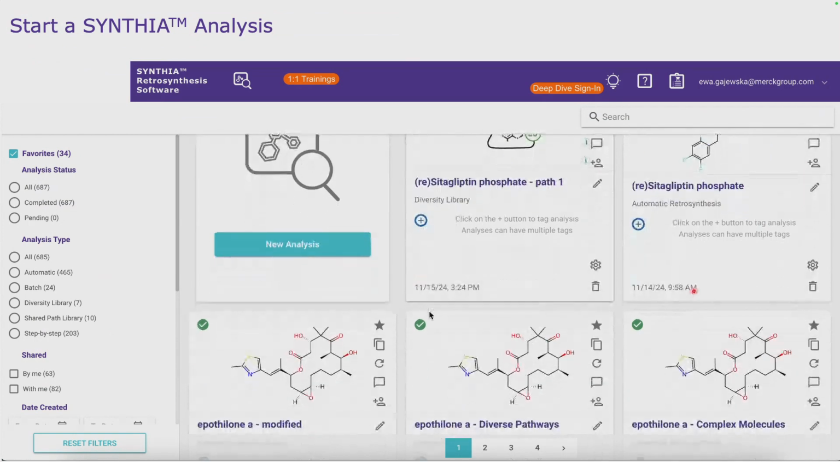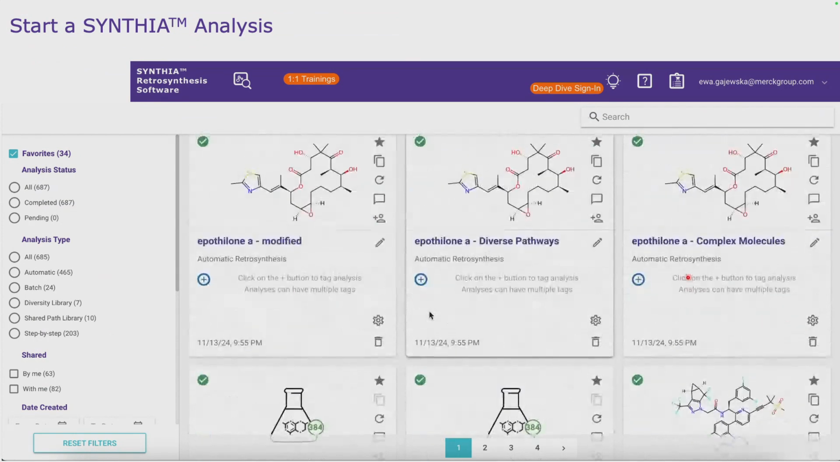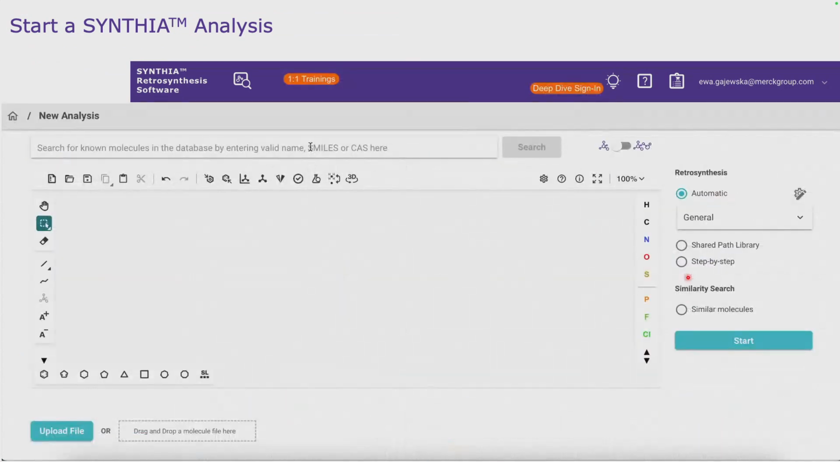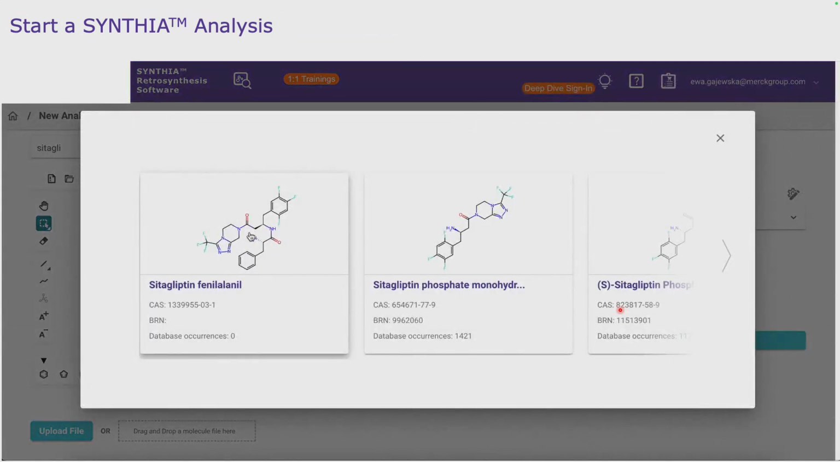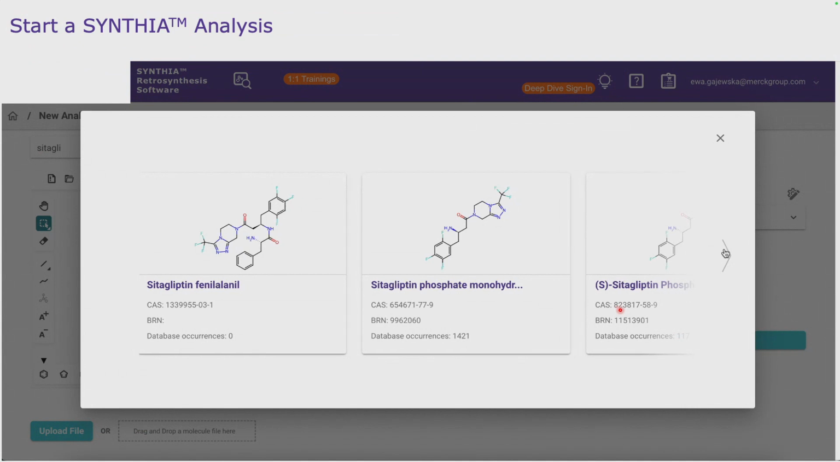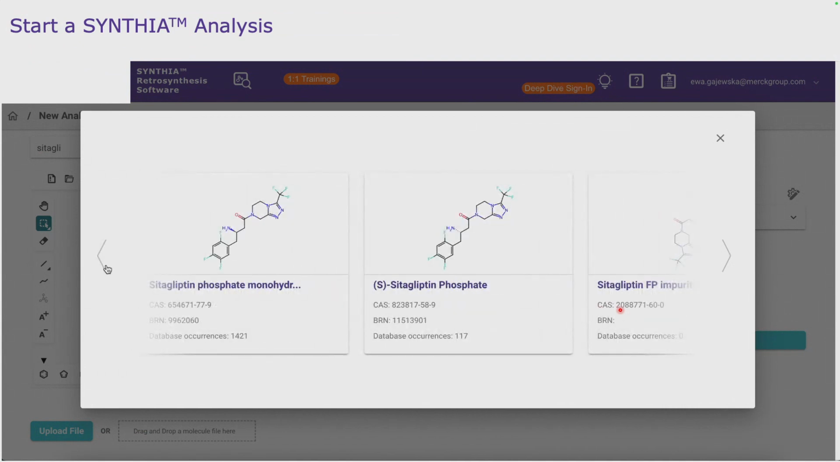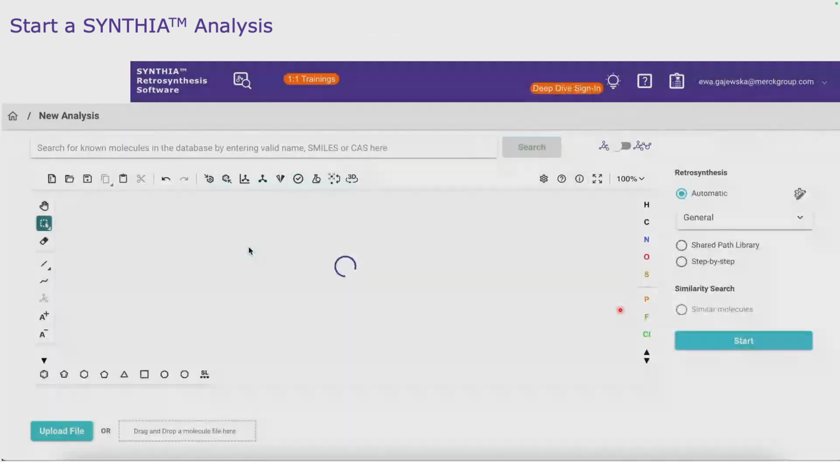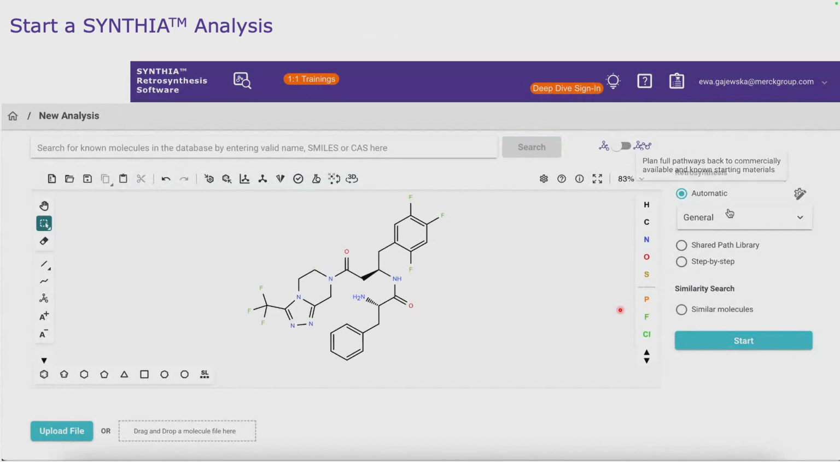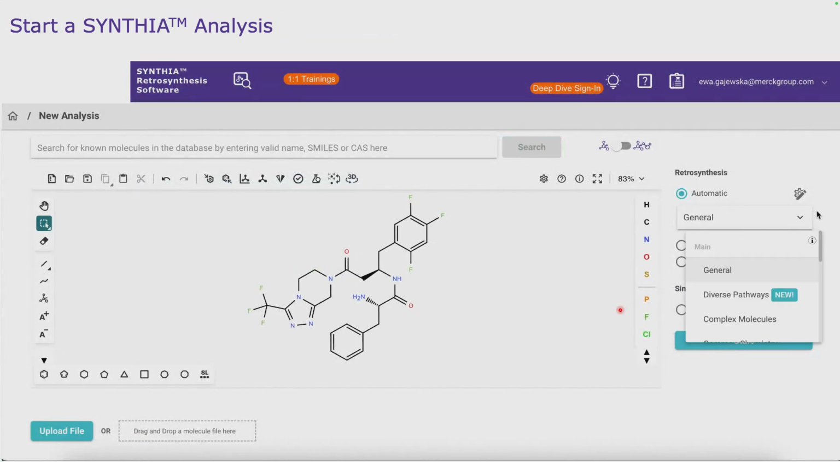So let's take a quick look at how this looks in a short video. I clicked on the new analysis button, and right now I will type a part of the name because I want to synthesize a drug that has already been published. SYNTHIA is right now searching our published molecules database, and then you can select any of the variations of these molecules that are available in our database. By selecting one of them, it just appears in our drawer. You can change the predefined search conditions, but for this search, we are going to go with general and just